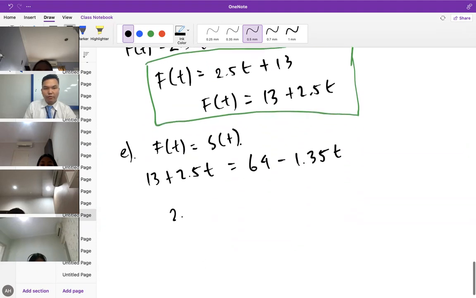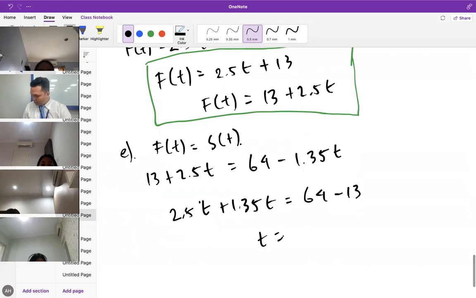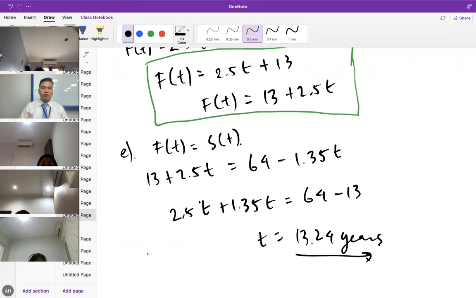So we have 2.5t plus 1.35t is equal to 64 minus 13. Basically, you will have t is equal to 13.24 years. So this is the time needed for Foodtalker to